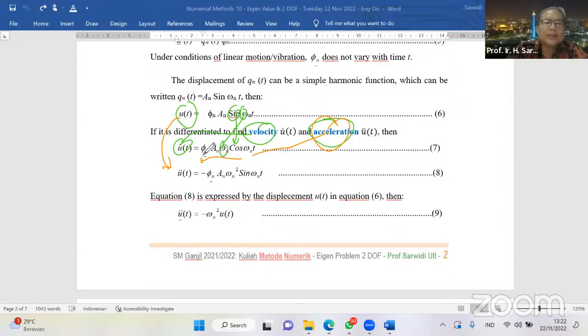So this is the first derivative of velocity. Yeah, from sine to become minus, from cosine to become minus sine. So this is minus sine. Yeah. So if we compare equation 6 and 8 here,